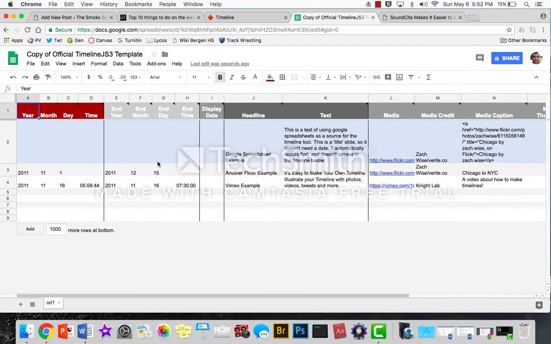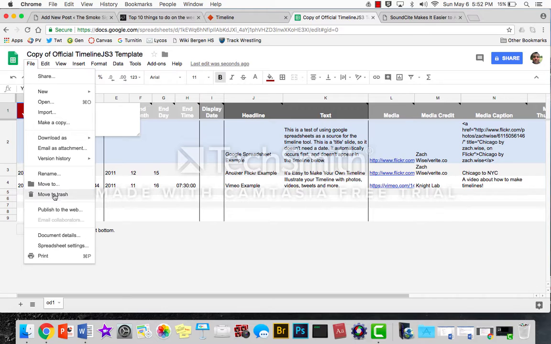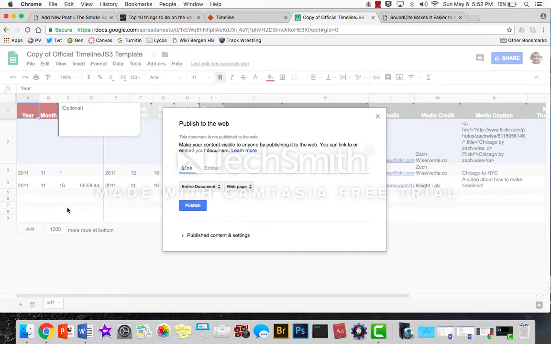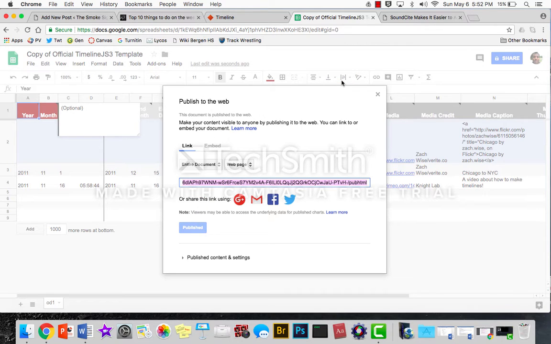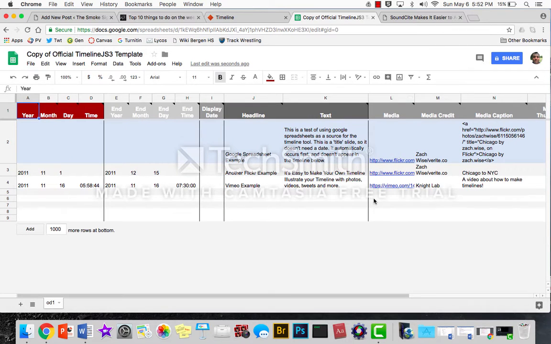When you're ready to publish it, and obviously you would have more than 2 events here, you go to File and then Publish to the Web, and you hit Publish, and you say yes, you're sure you want to publish it. Now, it used to have you copy and paste this, but it's told you in the instructions on that main page that we'll go back to in a second that recently they changed it and they want you to take this URL now once you publish it. We're just going to take that. Copy that,